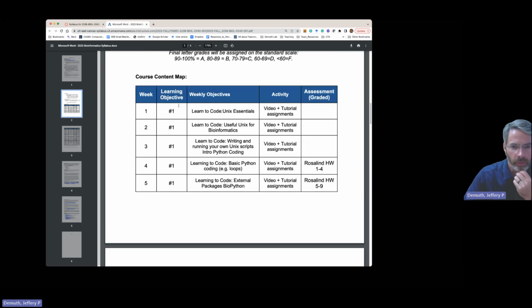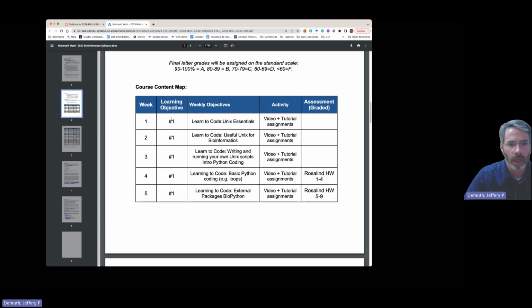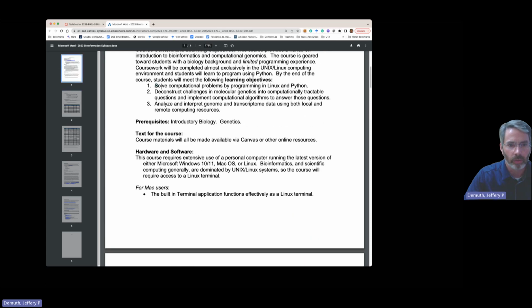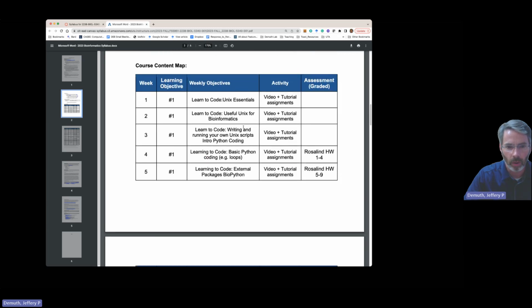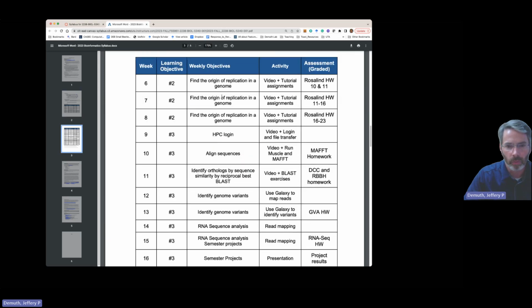Okay, the next section of the syllabus here is a course overview that is lining up the learning objectives. So back up here, these 3 learning objectives with what we're doing in class. You can see that first one about coding is what we're going to do for the first 5 weeks. And then we'll have a few weeks on the algorithms part, so how to turn biological questions into computational questions so that you can do some analysis and